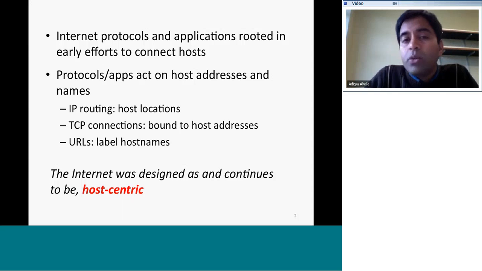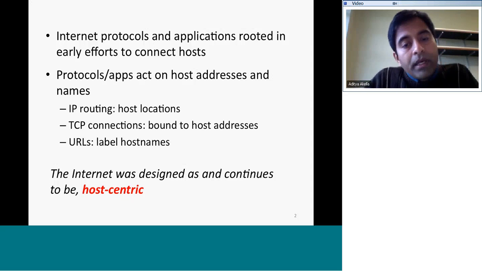If you look at URLs that we use ubiquitously to label resources on the internet, they again encode host names. So it's fair to say that the original internet, as it started out, was designed to be host-centric, and it continues to be that way today. Wherever we see it, the evidence is pretty clear.